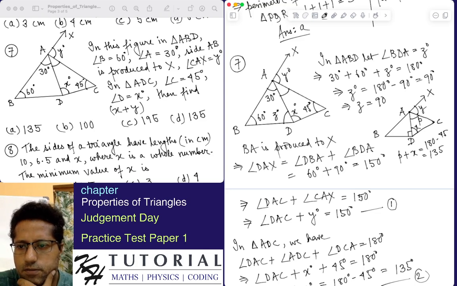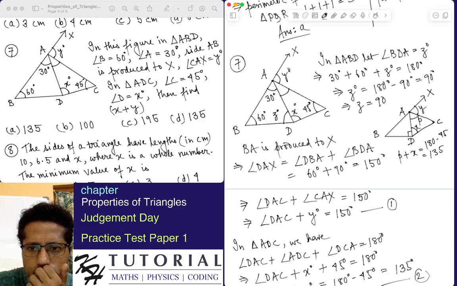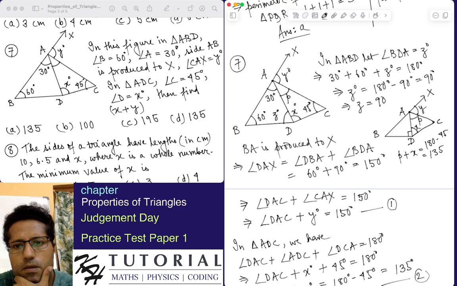P plus X, 135. And also we know that P plus Y